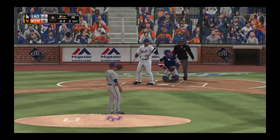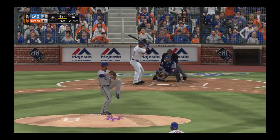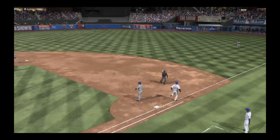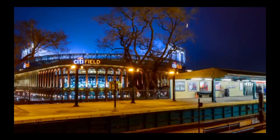A little late on the fastball, but he's able to spoil that one off, and he'll get another chance. Hit to third. And 8 innings have come and gone now as the inning is over. A beautiful look there outside the home of the Mets here in Flushing as we welcome you back for the